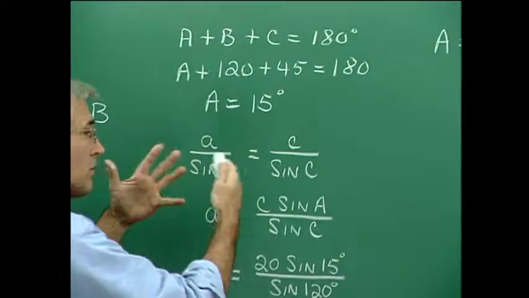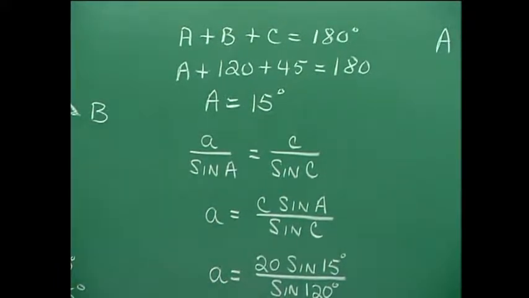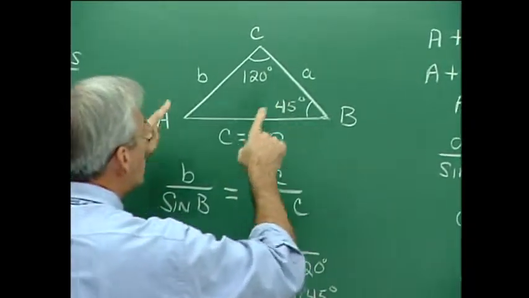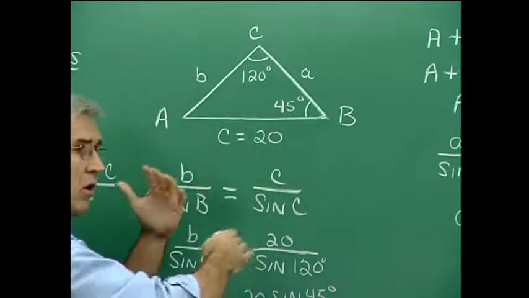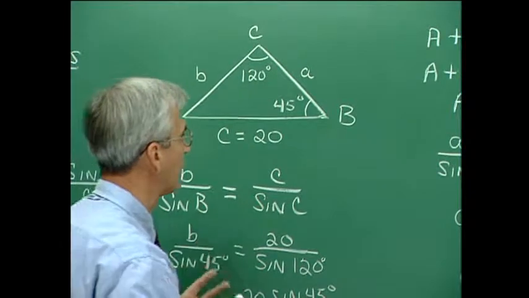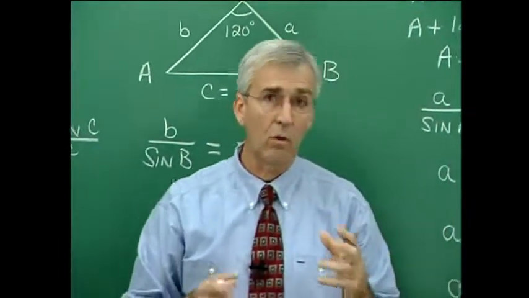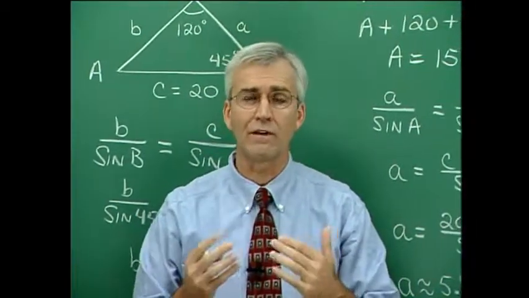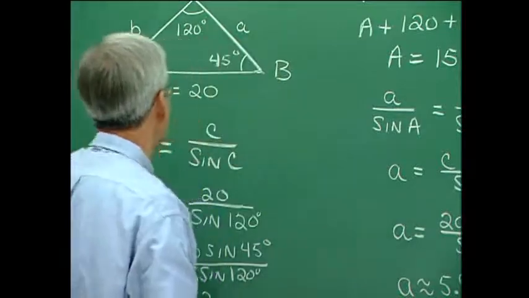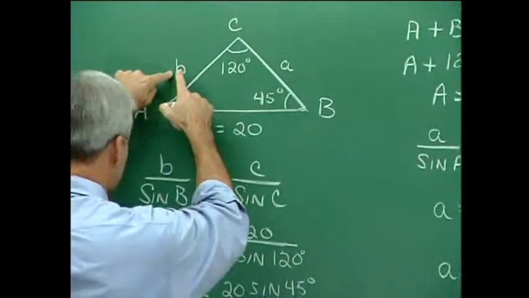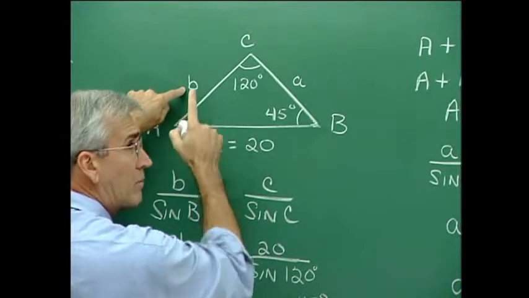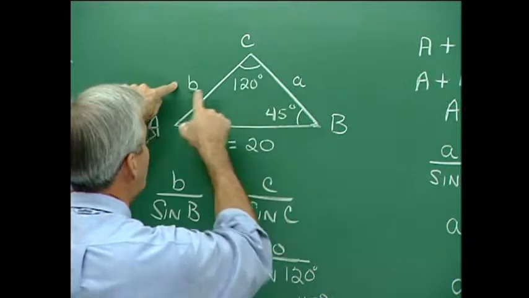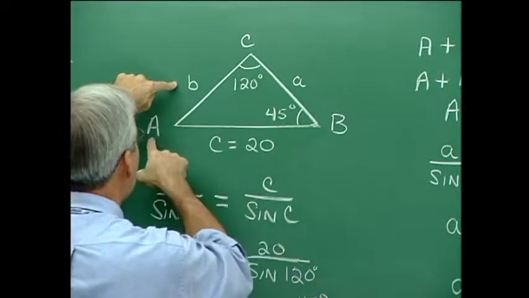All right, now we want to go through and solve for side A. Now, let's shift back over here just for a minute and have a look. When you are solving for the various parts of an oblique triangle like this, it's wise to use the given information as much as possible in solving for something that you don't know. For example, we found B to have the value 16.33, but it's an approximation. And I wouldn't want to use the sine B fraction in the calculation for either angle A or side